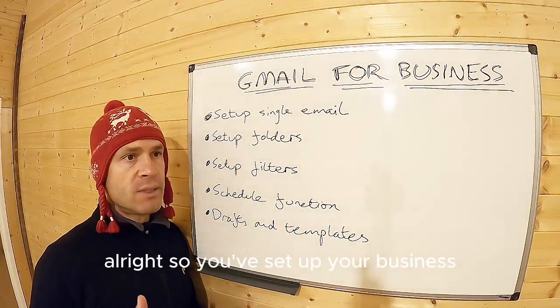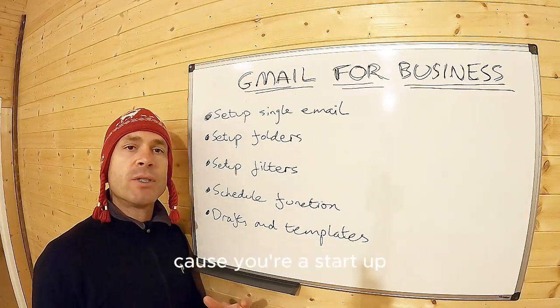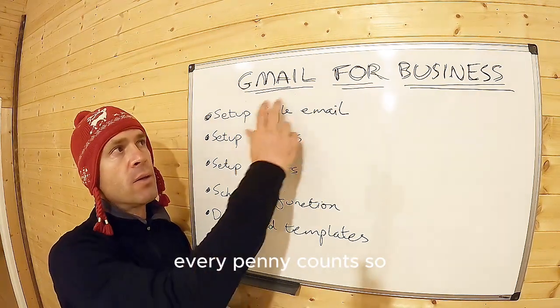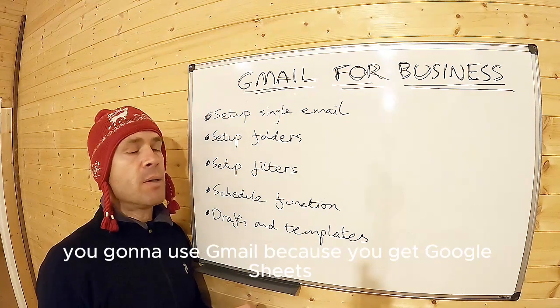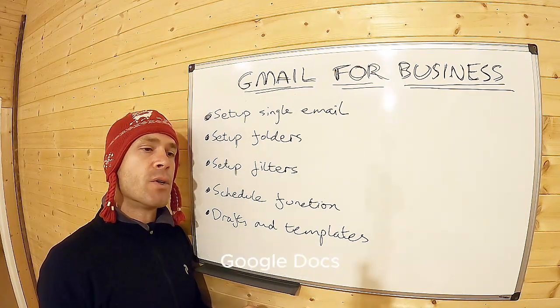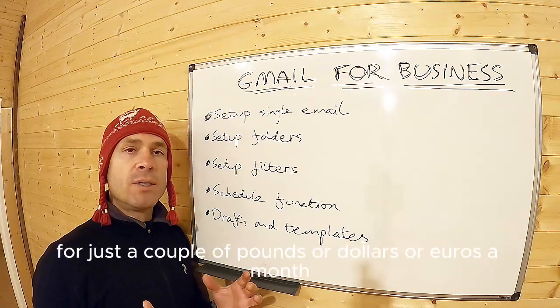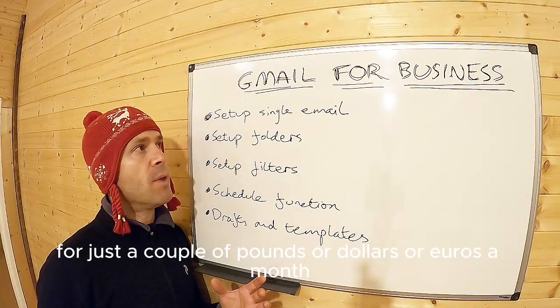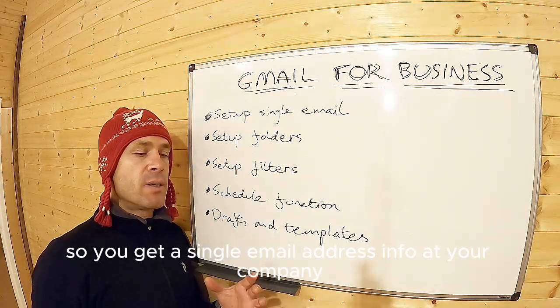All right, so you've set up your business and you want to keep your cost base as low as possible because you're a startup, every penny counts. So you've got your Gmail account. You're going to use Gmail because you get Google Sheets, Google Docs, all the other Google elements for just a couple of pounds or dollars or euros a month. So you get a single email address,